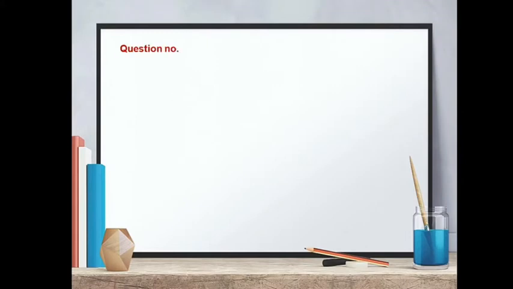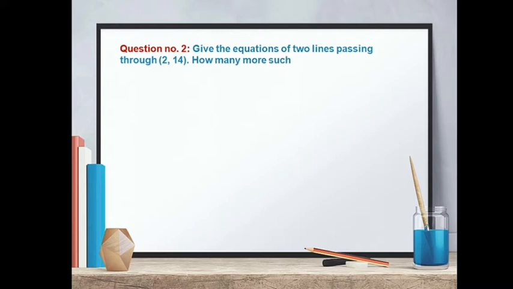The question is given as: give the equations of two lines passing through (2, 14). How many more such lines are there and why? So here we have to give equations for the point (2, 14), and then we have to show how many such lines are possible and why. So the solution is